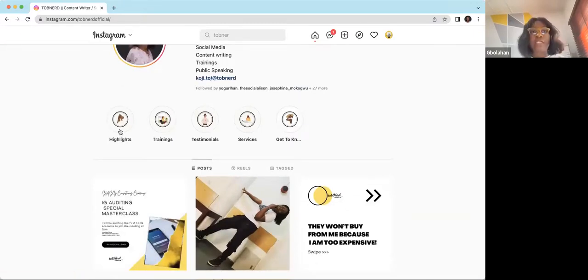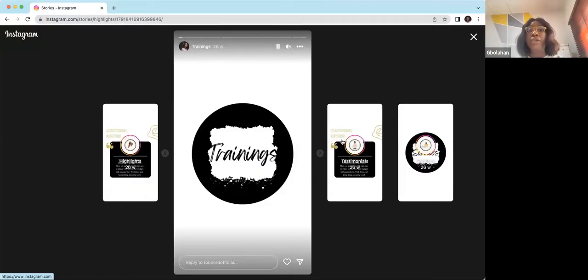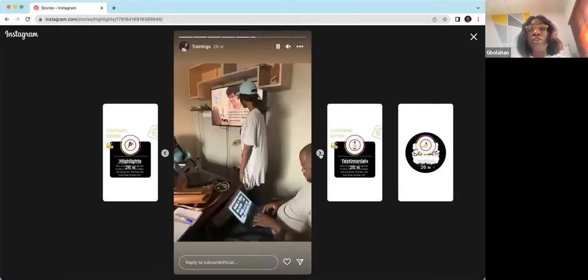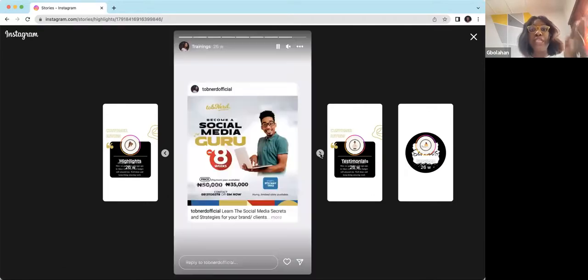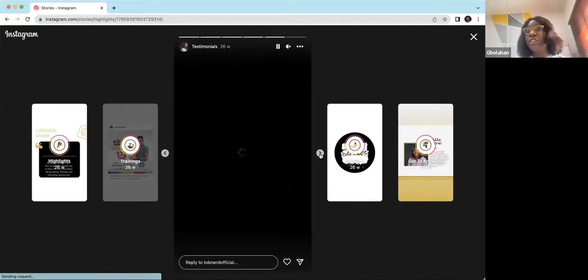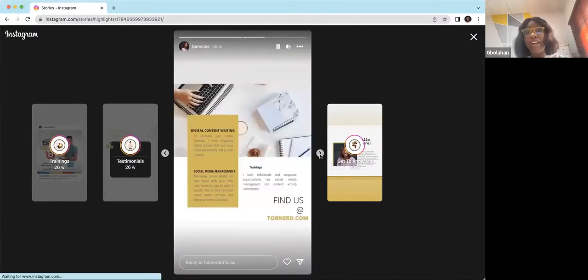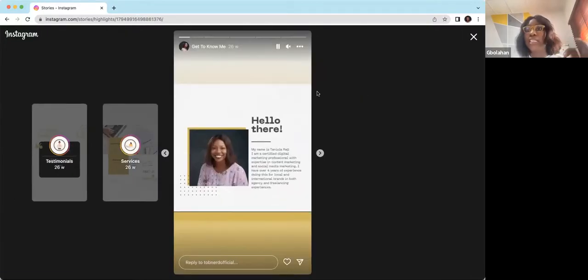It covers the highlights. Some people will ask for your training pictures. That is, if you train or you coach, they'll ask, okay, can I see a picture of you training and all that? So you have to have something around the trainings, which has this. We'll be talking about how you can put up the highlights for your page, right? I'll discuss everything on that tomorrow. So you could put up trainings. Then the part that has testimonials could be something that covers your reviews. Then the services that you offer could be done on your highlights, as well as the about you.